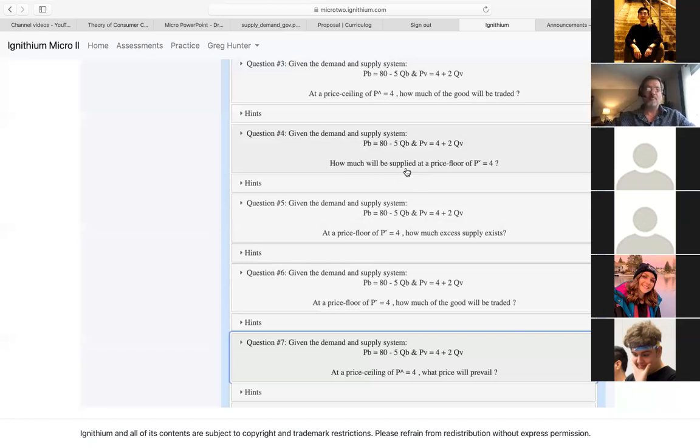So then this would be non-binding because 4 is lower than the equilibrium. Yeah, because remember the price floor says, and our best example of a price floor is a minimum wage, right? Mm-hmm. And so the minimum wage says you have to pay people above this amount, right? And probably one of the good ways to think about it